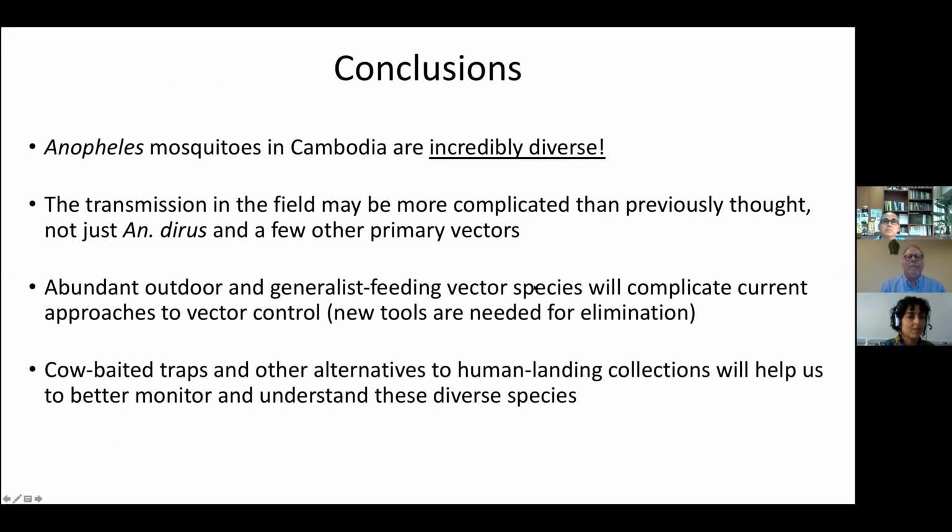So to conclude, Anopheles mosquitoes in Cambodia are incredibly diverse. The transmission in the field is very complex, with many species potentially acting as vectors. These species are abundant, they're outdoors and generalist feeding, which enables us to capture them using animal-baited traps. And then these traps can help us to better monitor and understand their species distributions and behaviors and catch infected